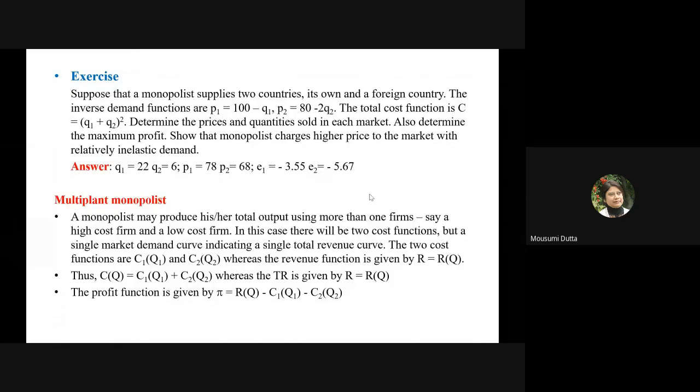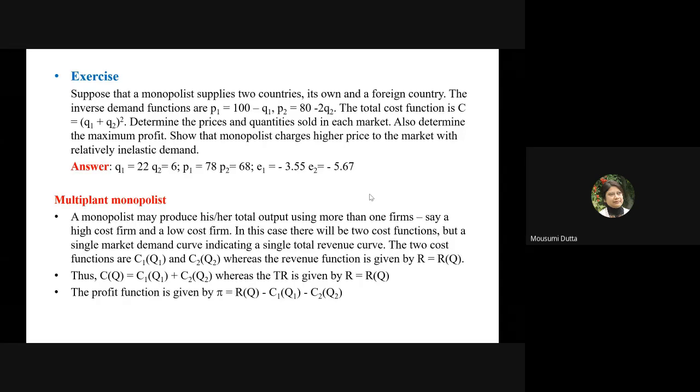However, there will be two total cost curves. And therefore, two separate marginal costs; for simplicity, consider there are two plants. So there will be two marginal cost curves corresponding to the two total cost curves. However, there will be a single demand curve